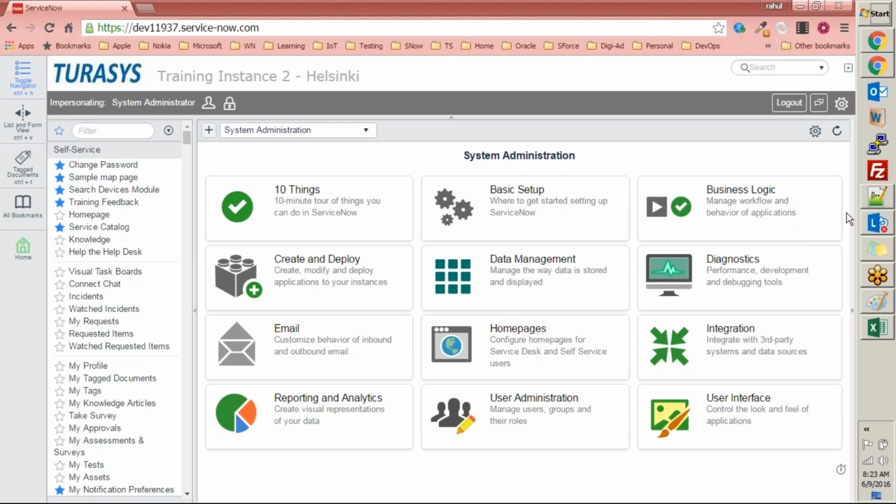Okay. Rahul, this is Sam. Yep, Sam. When I went to the developers.servicenow.com,